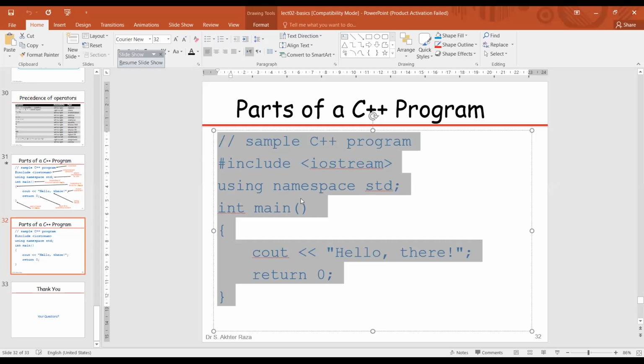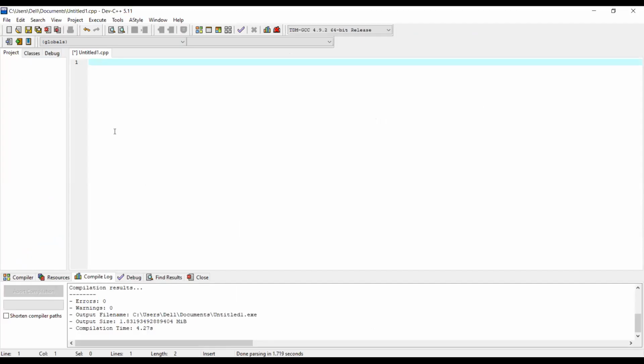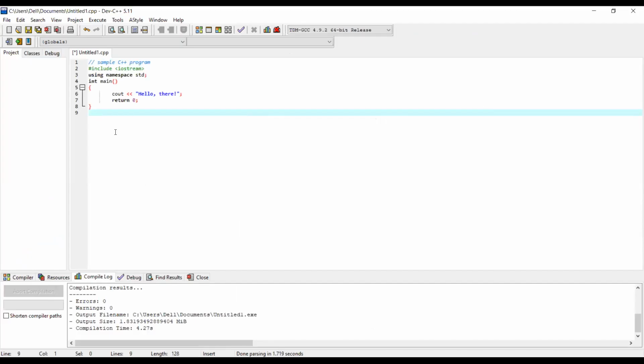Now I am going to copy the last program from my presentation and paste it into the Dev compiler. So this is the Dev compiler, and in the Dev compiler, I want to paste the program. As I pasted the program here, you can see that some of the lines become colorful.